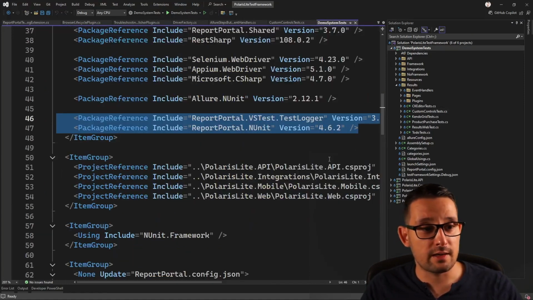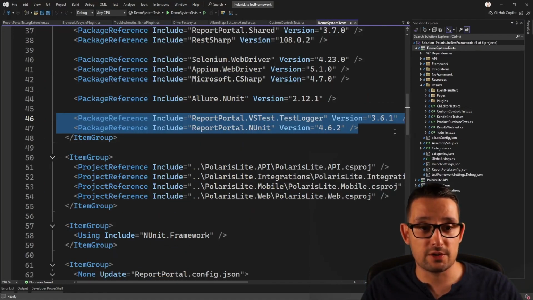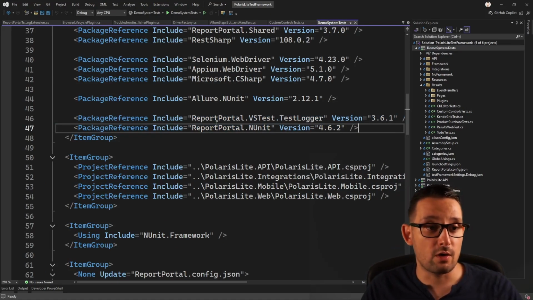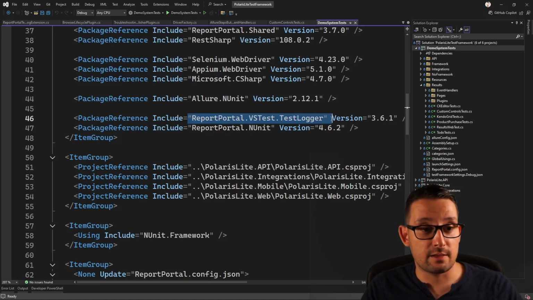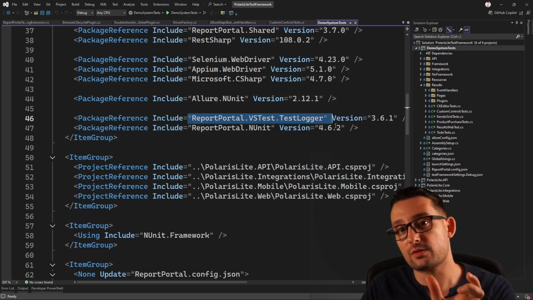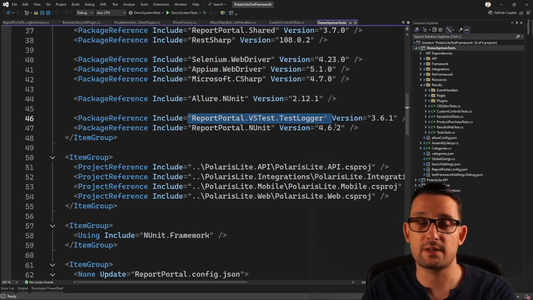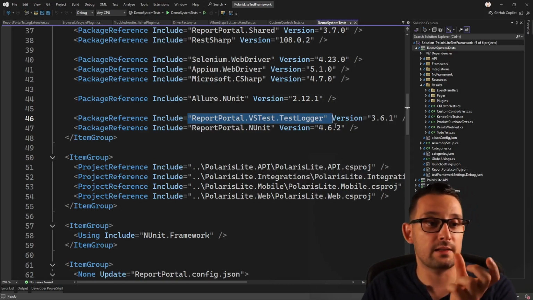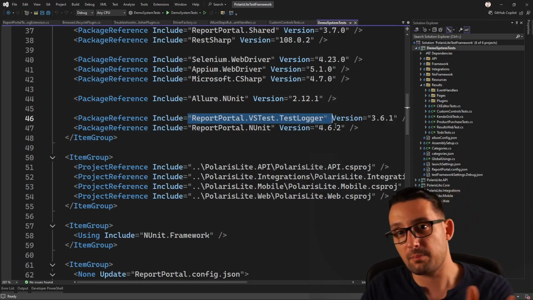So you will need a couple of NuGet packages. For the ReportPortal, the most essential NuGet package that you need to install is this ReportPortal test logger. This will give you the possibility to use this custom logger in Azure DevOps. You can think of it as an extension to .NET Test, and basically at the end of every test it publishes